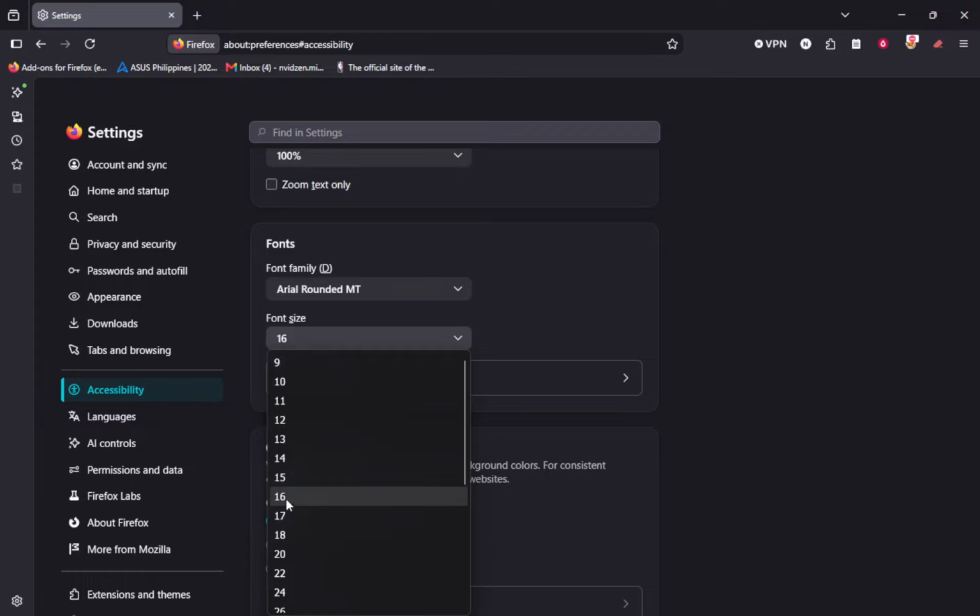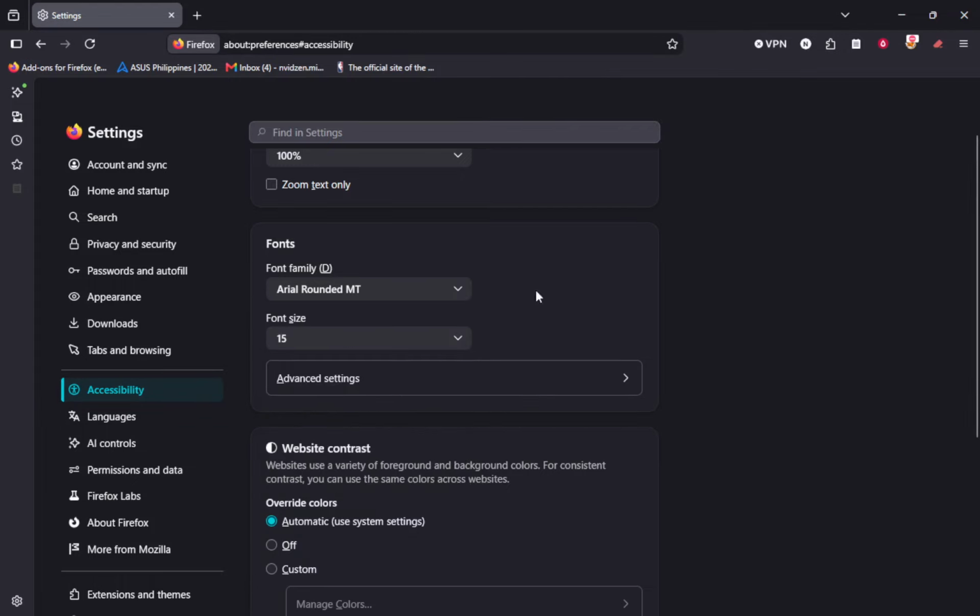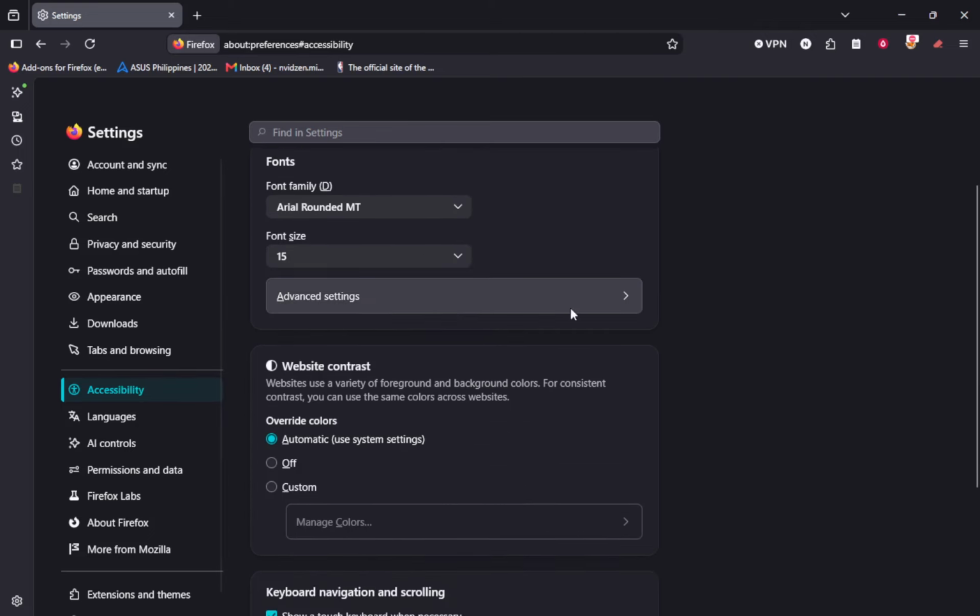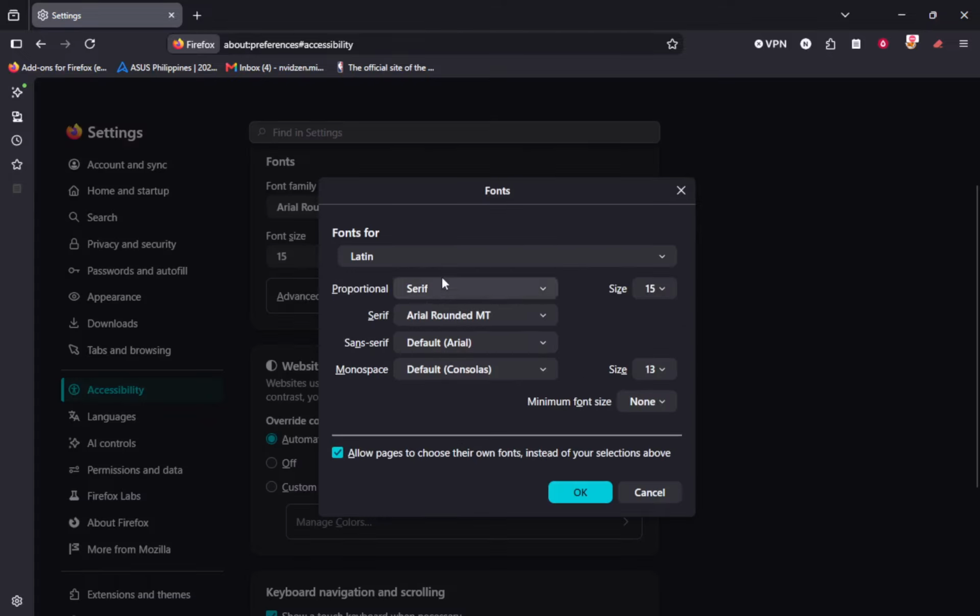a different option. Still in the Settings tab, make sure you are on Accessibility again so you stay in the right place. This keeps all the font-related controls in one view, which makes it easier to check things later. With Accessibility open, look again under the Fonts section, and this time click the button labeled Advanced. A small window will pop up showing more detailed font settings for Firefox. This separate window is where Firefox decides when to use your fonts and when to use fonts from each website.